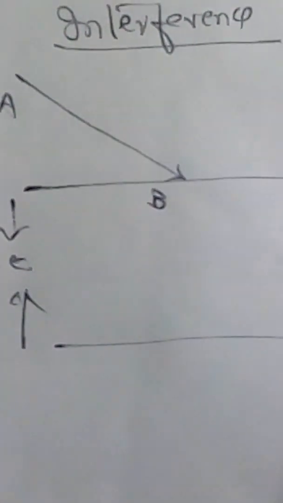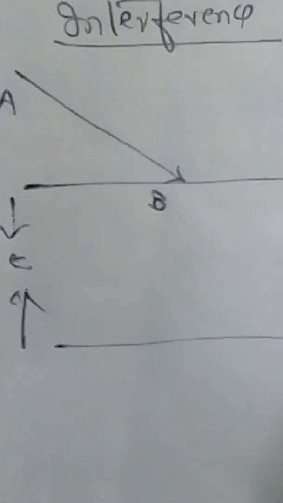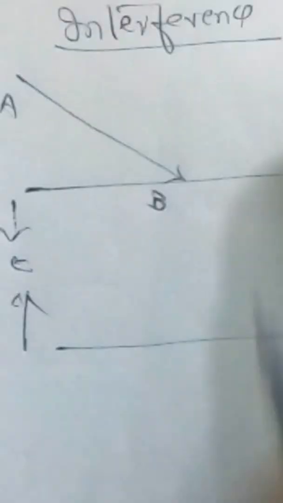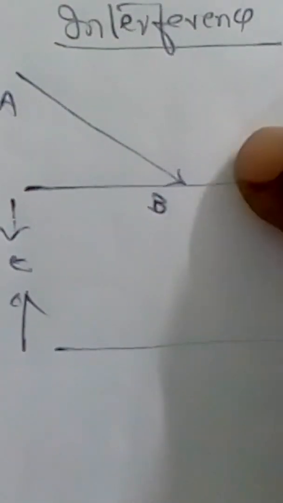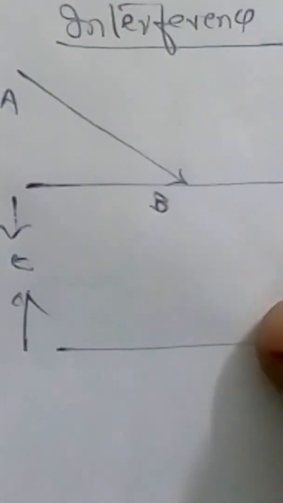Now we are assuming that there is an incident ray, let us say AB, on the upper surface of the first layer. We all know that part of this incident ray gets reflected like this from this surface, part is transmitted. So I am drawing a normal here. This will be the angle of incidence I, we all know that.